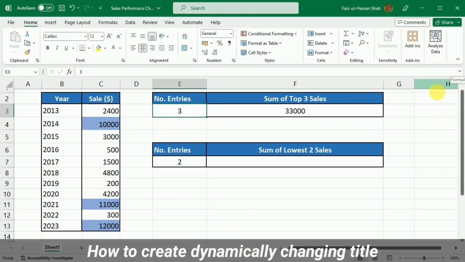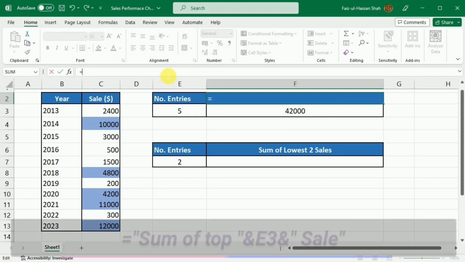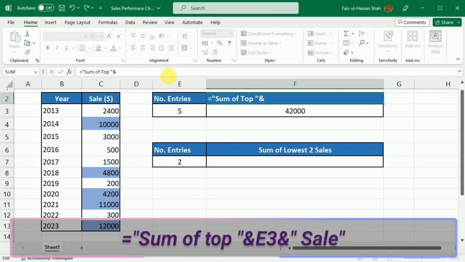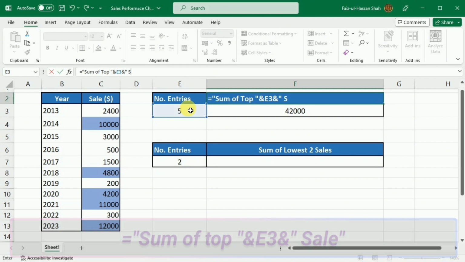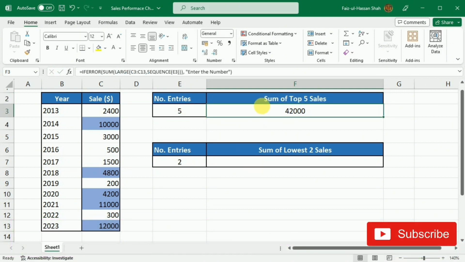The first thing to learn is how to create this dynamically changing title. For this purpose, I will write equal and then in inverted quotes I will write "Sum of top" and then ampersand sign, and after this I will select this cell, again ampersand sign, and then in inverted quotes I will write "sale" and then I will press enter. So you can see that it is giving me the sum of top 5 sales and it is also changing